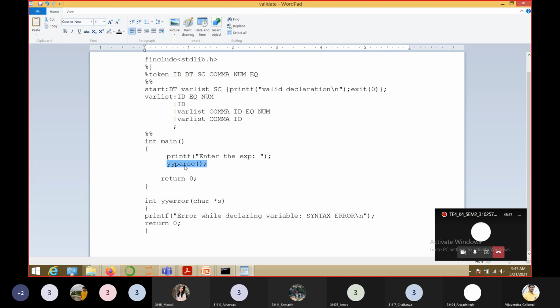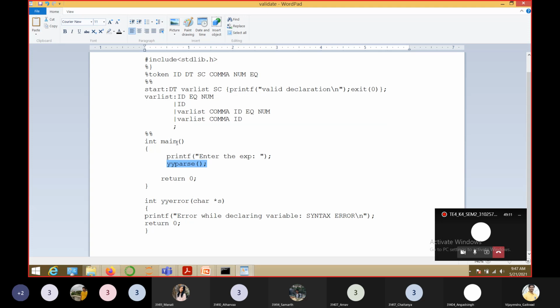The yyparse function calls the yylex function, and when we call yylex, the lexical analysis is performed, the tokens are generated, and those are provided to the Yacc program, the .y file over here.